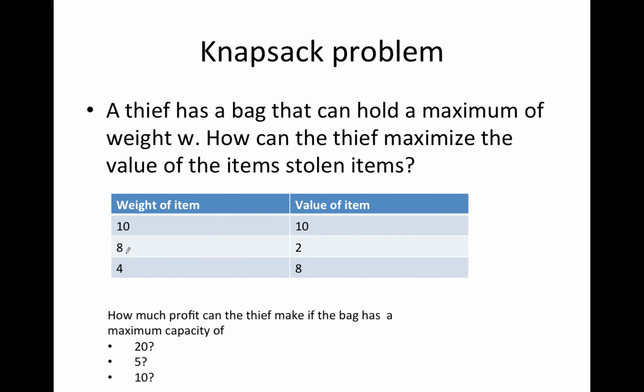In the first case, probably the greedy approach worked because he would first steal the item that gives you the most value to weight ratio, and that is 4, and he still has about 16 lbs left, so he steals the next one, and 4 plus 10, and now it's 14 lbs, and now he only has 6 lbs left and he doesn't have an item for 6 lbs, so he just ignores this,